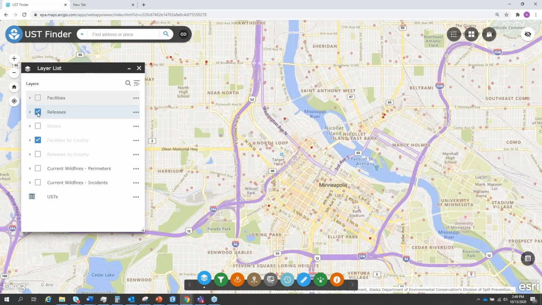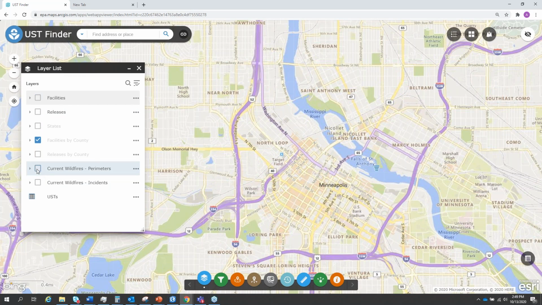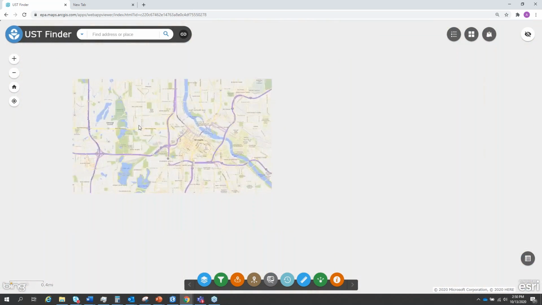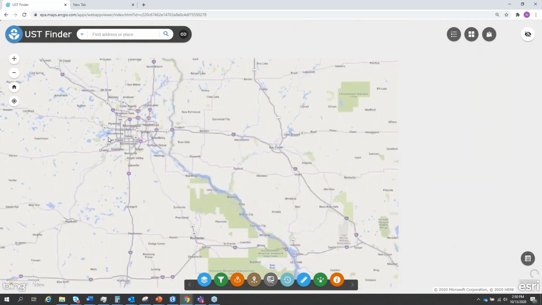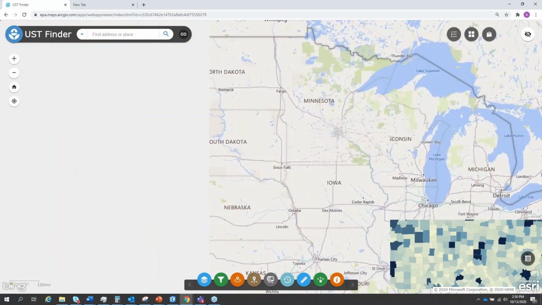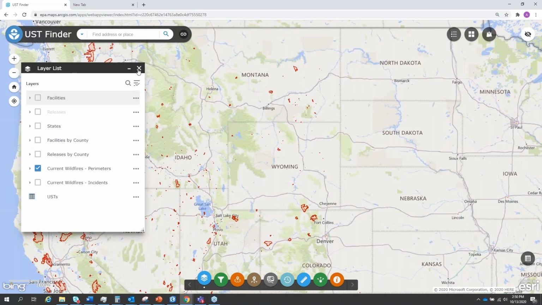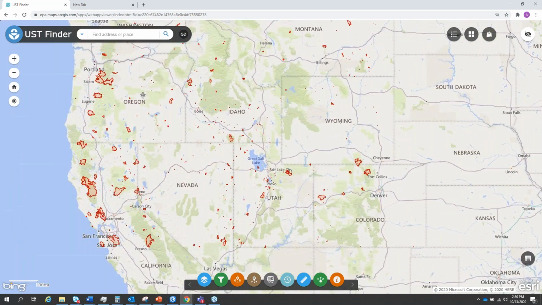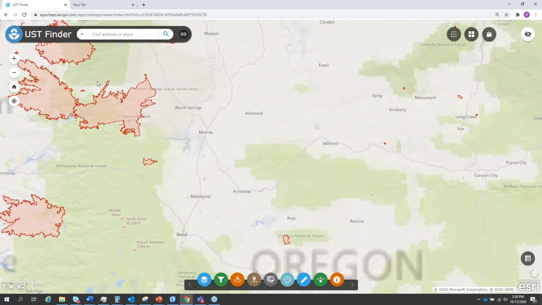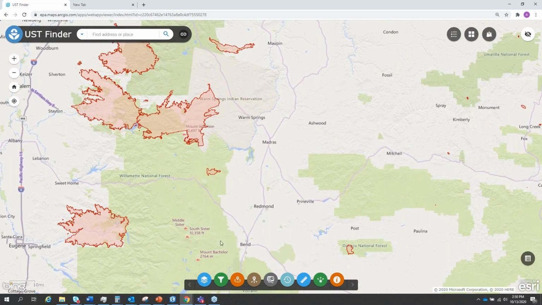Okay, so we also included within the application, this is wildfire season, and there's a lot going on right now. So we've included a data layer that shows daily updated wildfire perimeters in this country. Here they are, and you can see the wildfire perimeters.